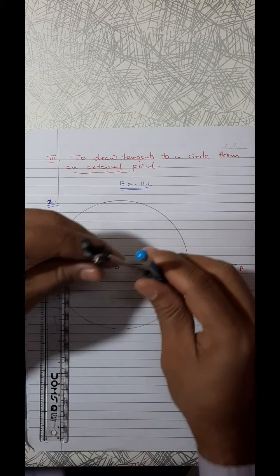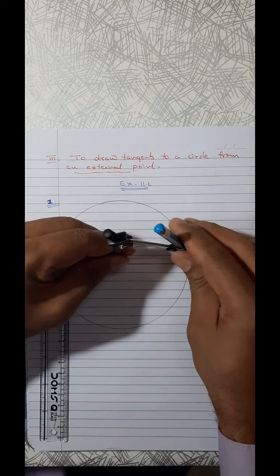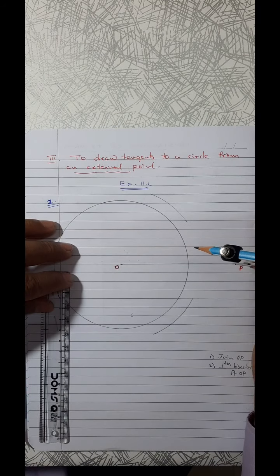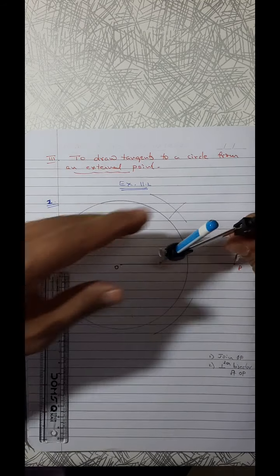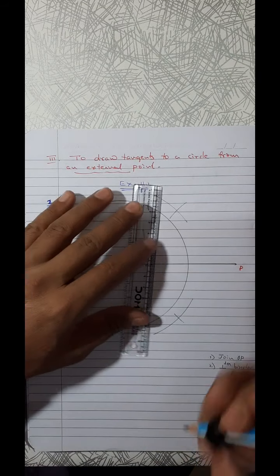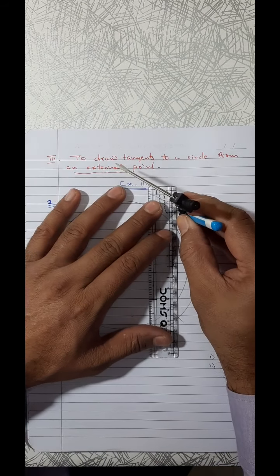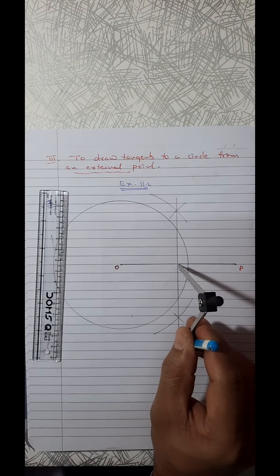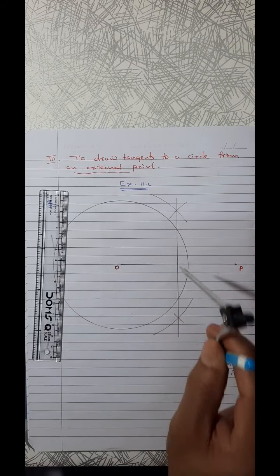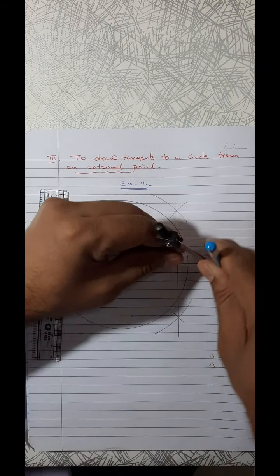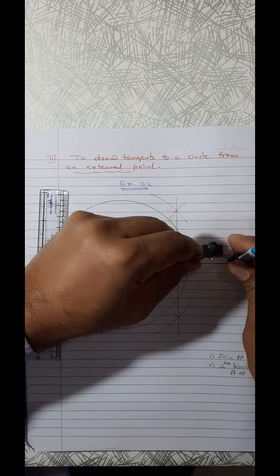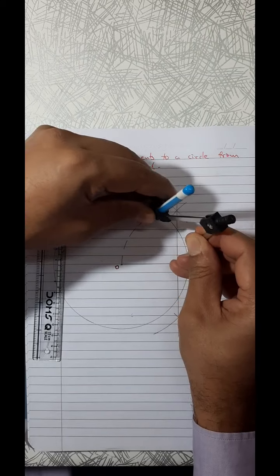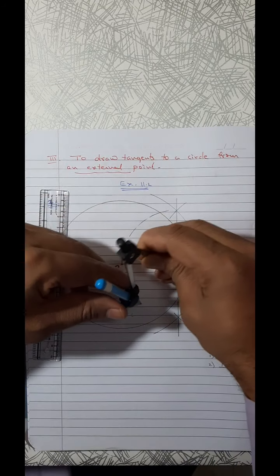Perpendicular bisector means take more than half. More than half will be taken, and from O and P, drawing the arcs. This is going to be perpendicular bisector. That means it is a center point. Now with this point as a center, take this half as the radius. This one or this one, both are going to be same. Now draw dotted line, dotted circle. New circle we can draw.